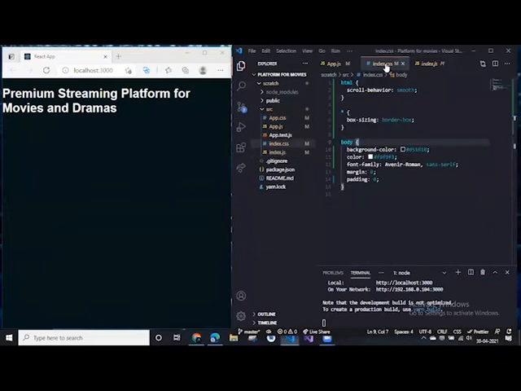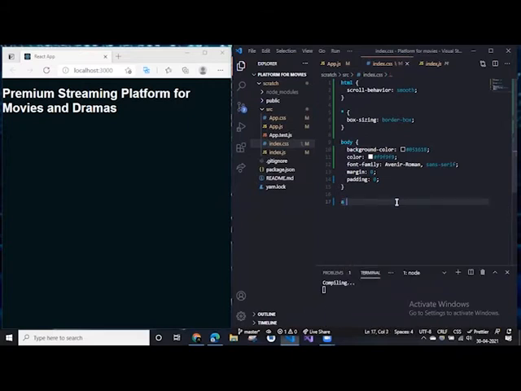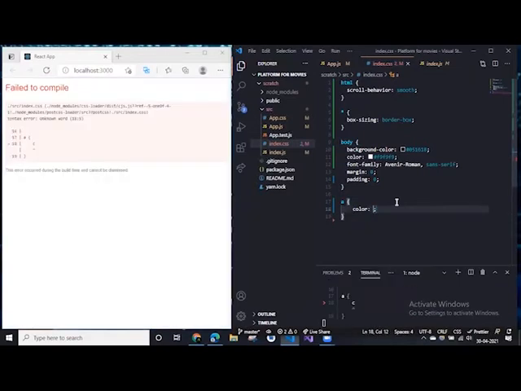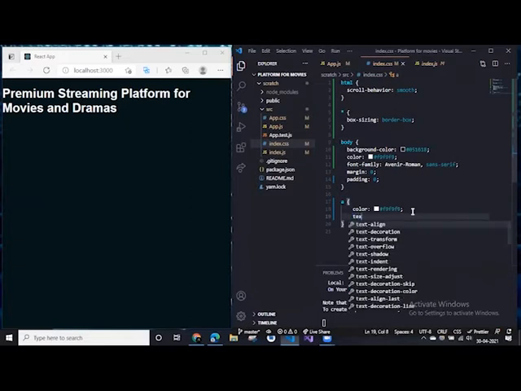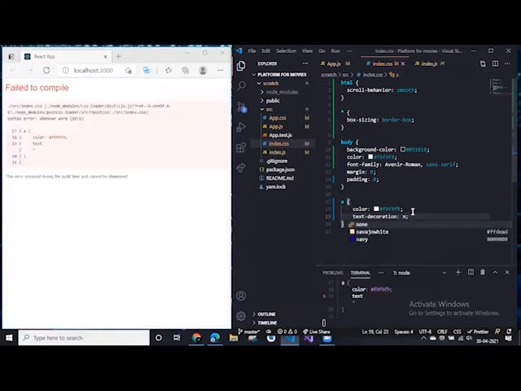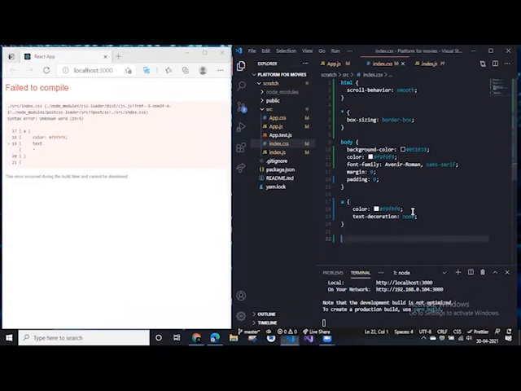So now let's go to index.css again, where for the link we will be giving the color of the same white, and also the text decoration will be none. Then we are going to give the styling for the media size. So @media